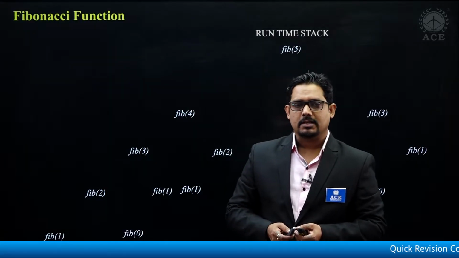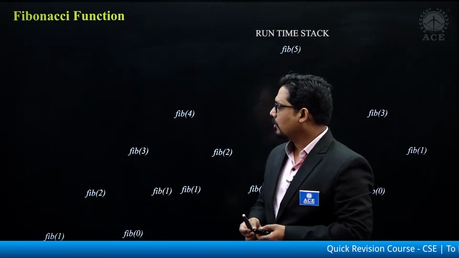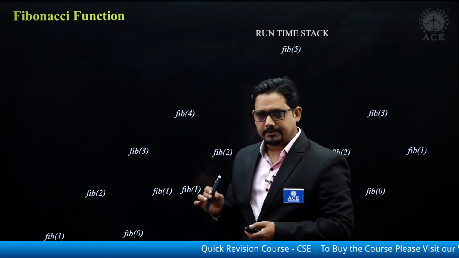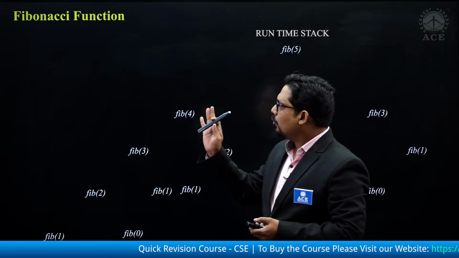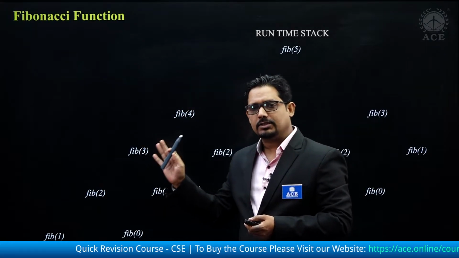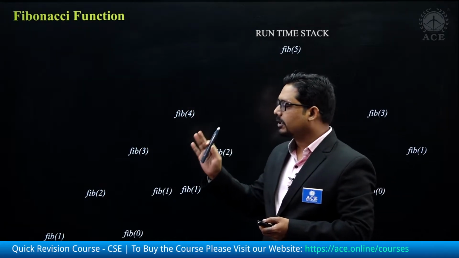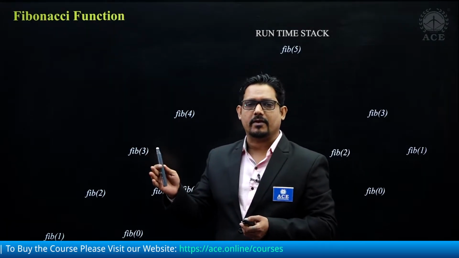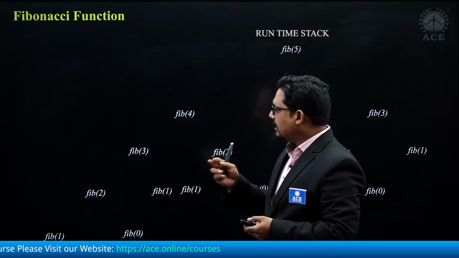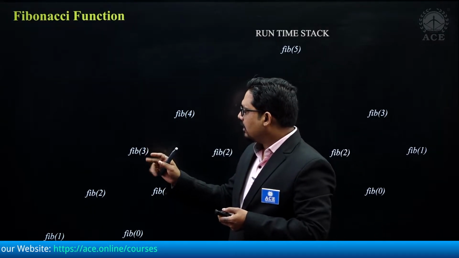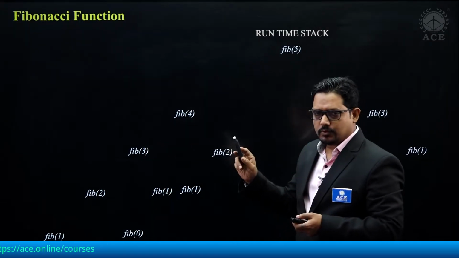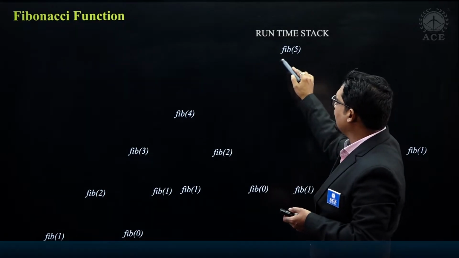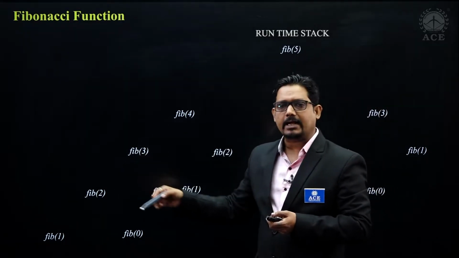Hello friends, in this section we are going to talk about how recursion works with stack. So we know that the Fibonacci function returns the value f of n is equal to f of n minus 1 plus f of n minus 2, and here I have written all the calls which will be possible when we are calling this function fib5, and these are the different activations.